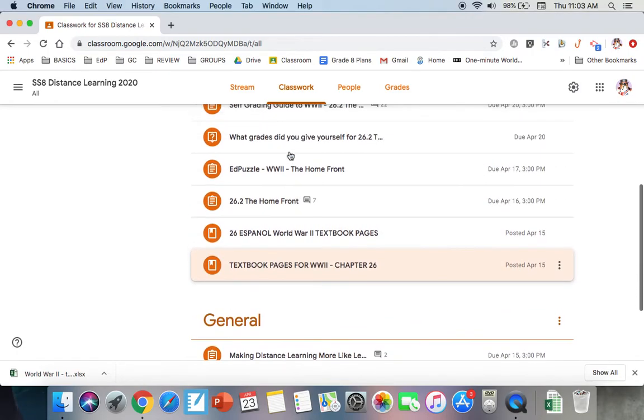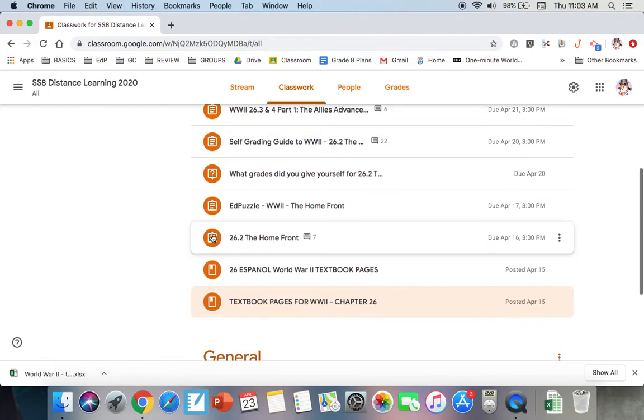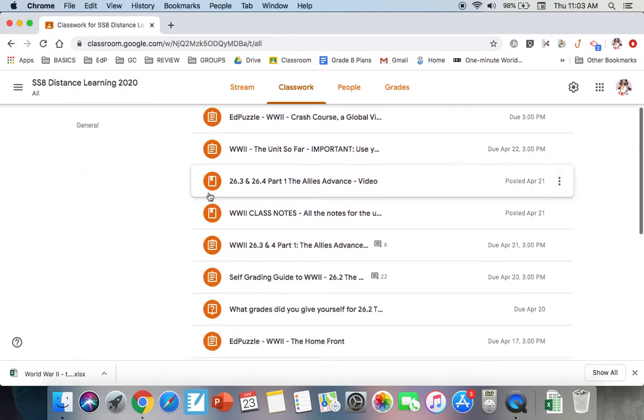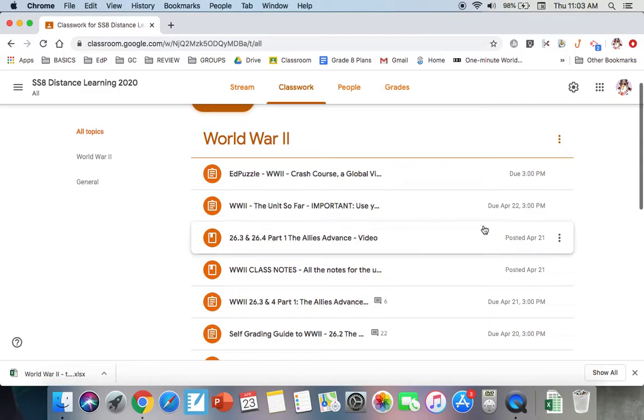And you notice that it's got this sort of oblong shape with a little bookmark in it. That's material, and I got the textbook in Spanish as well. Anything with a clipboard is an assignment, and you'll notice that they have due dates. So if you're looking at your classwork page and you're looking at some clipboard icons and it says missing, missing, missing, not done, late, missing, then you know that you've got to do these things.